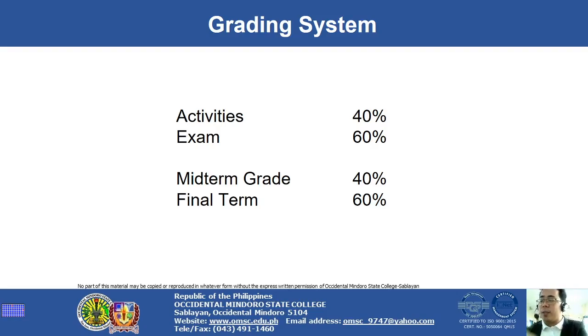Okay? So, yung activities namin na nandito, i-grade namin yan. So, 40% of your grade manggagaling sa activities. Then, yung examination, we have the midterm and finals. So, sa midterm, 60% ang kukunin nun. And then, total niyan is 100%. Yun yung inyong midterm grade. Now, for final grade, yung final grade ninyo,